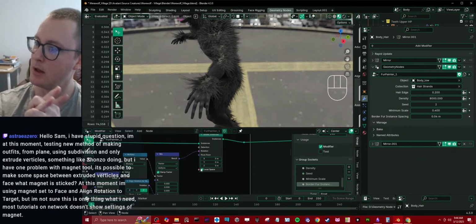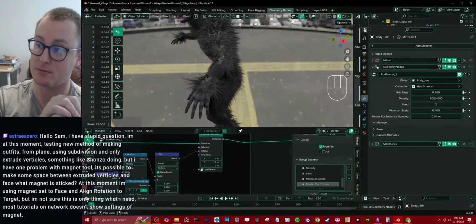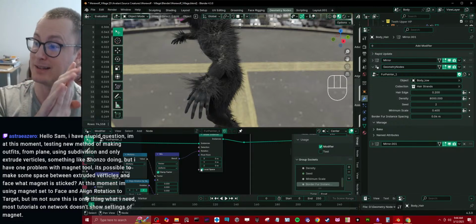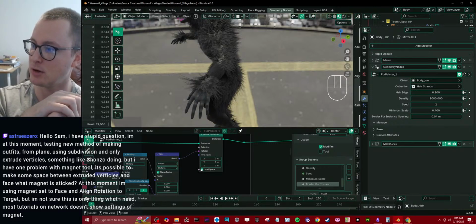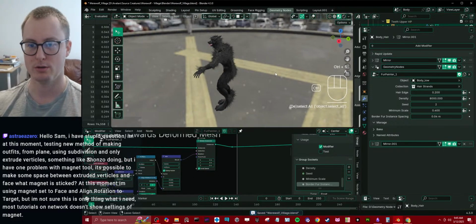Hello, Strat. Wow, welcome. I have a stupid question at this moment. No such thing. I'm at this moment testing new methods for making outfits from a plane using subdivision and only extrude vertices, something like Shanzo is doing. But I have a problem with the magnet tool. Is it possible to make some space between extruded vertices and the face the magnet is stuck to? This moment I'm using magnet set to face and align rotation target, but I'm not sure it's the only thing I need. Most tutorials online don't show settings of magnet. So